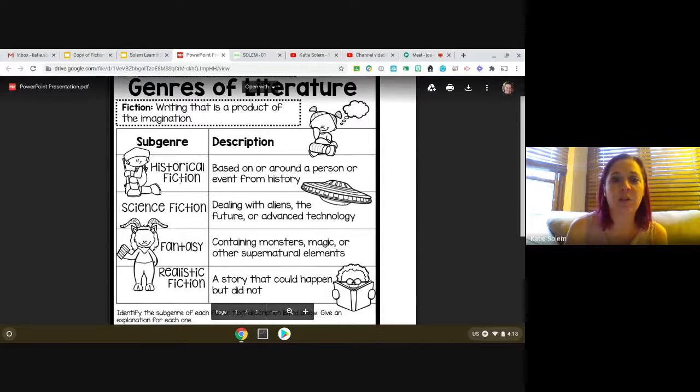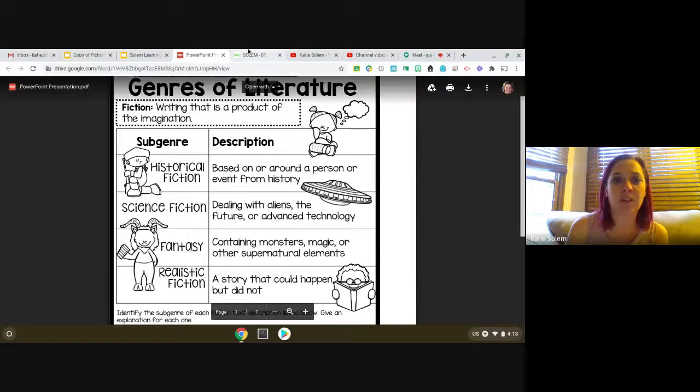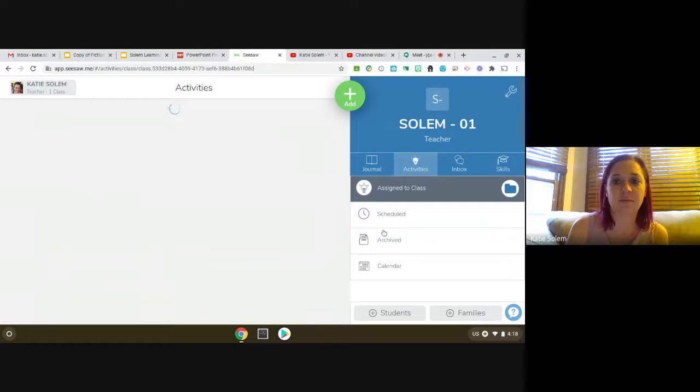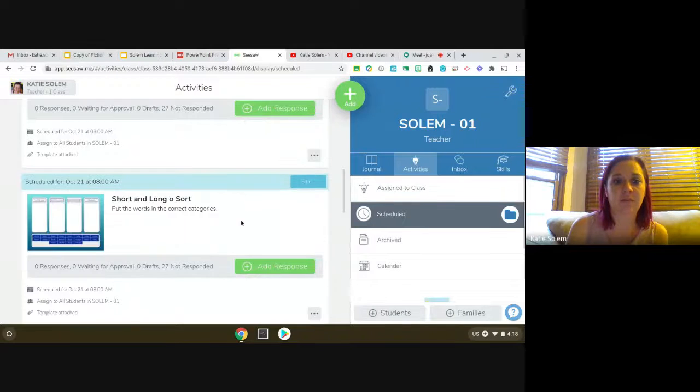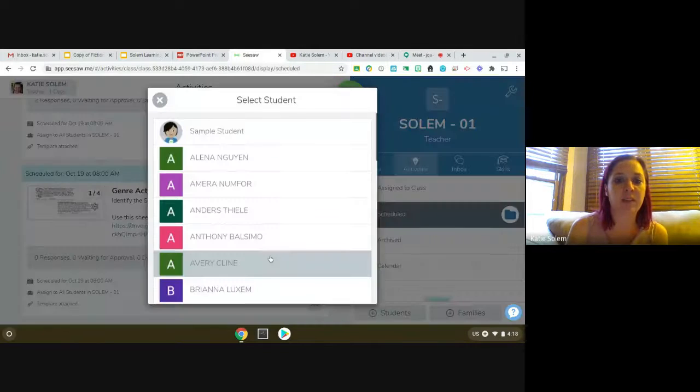So, what you're going to be doing today to practice these four subgenres are you are going to go into your Seesaw and find the activity called genre activity. You'll add a response,